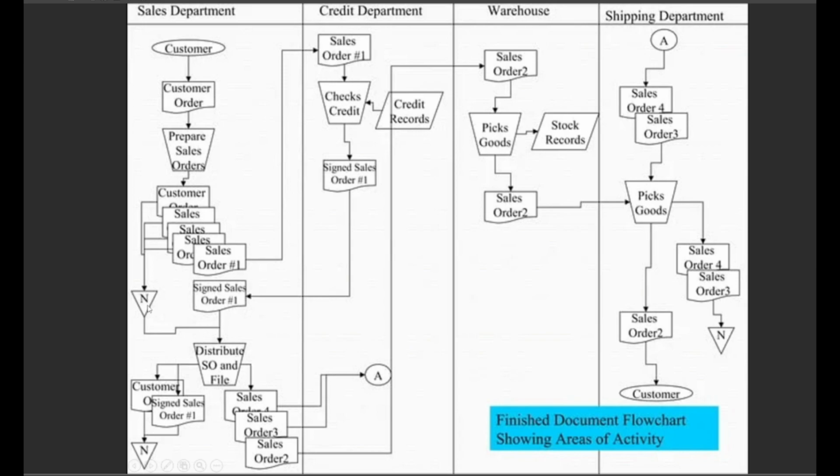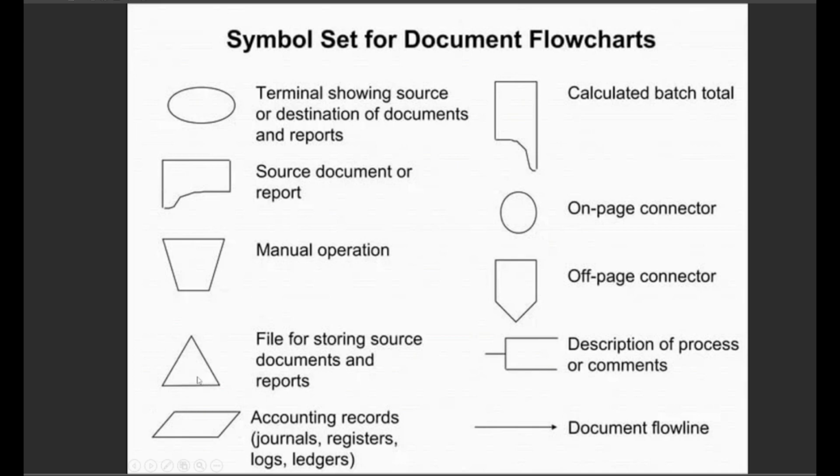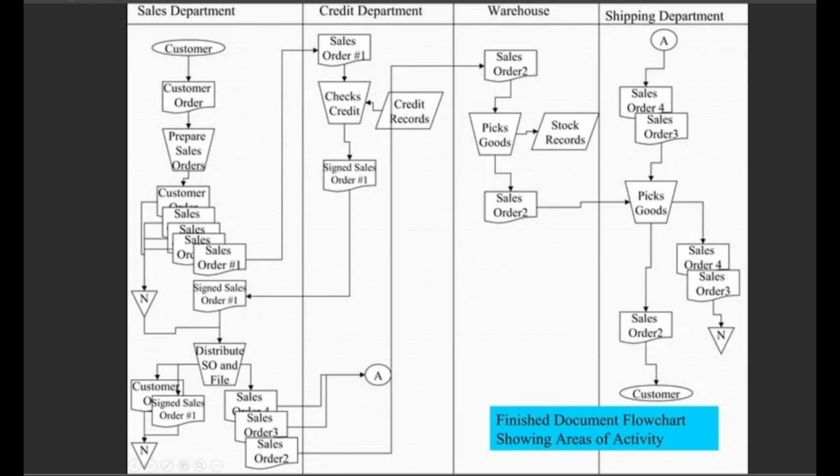Let's say this is what? The triangle, inverted or upward triangle. This is the file for storing source documents and reports. Since it is inverted, this is a report. So the order has been duly noted. That means a copy was created for backup purposes, or note. That's why they indicated that as an N. So that is used for